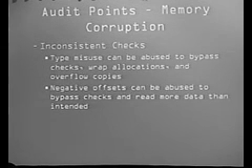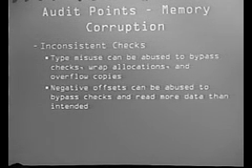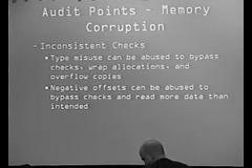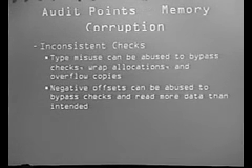Now we're going to get into memory corruption, which is far more interesting than evasion. The first thing is inconsistent checks. These are pretty much the crux of the bugs that have been discovered in AV so far. Integer issues with inconsistent checks, or just plain bad checks. Types like treating something as signed when it should be unsigned, truncating allocation sizes to 16 bits instead of leaving it at 32 bits. Having an allocation size that's different than what's actually copied can be dangerous, and you'll see a lot of examples of that.